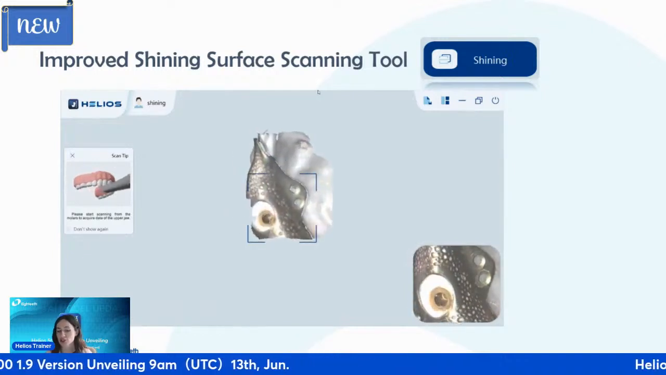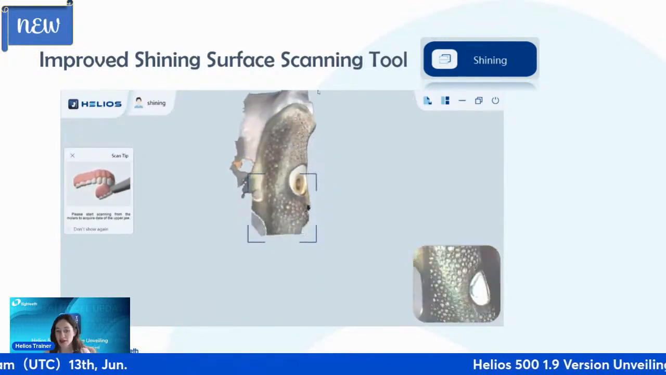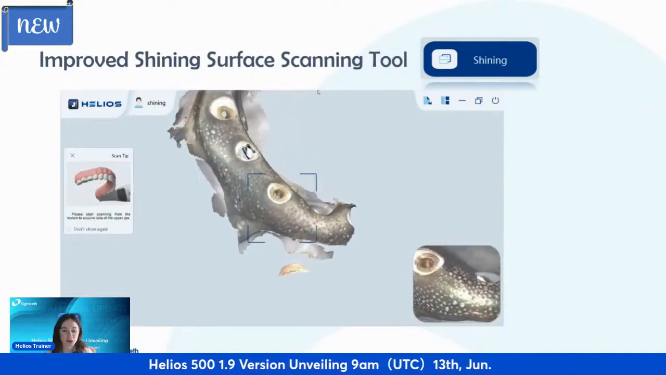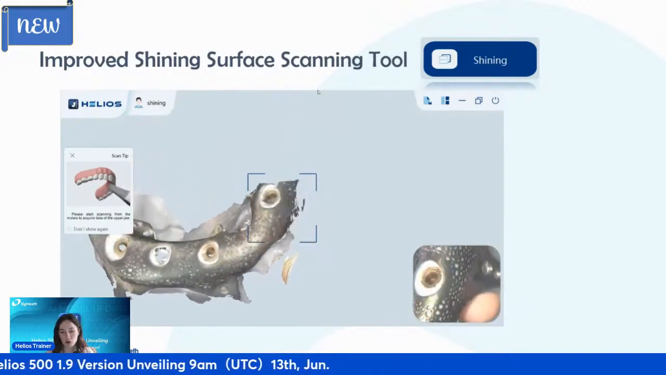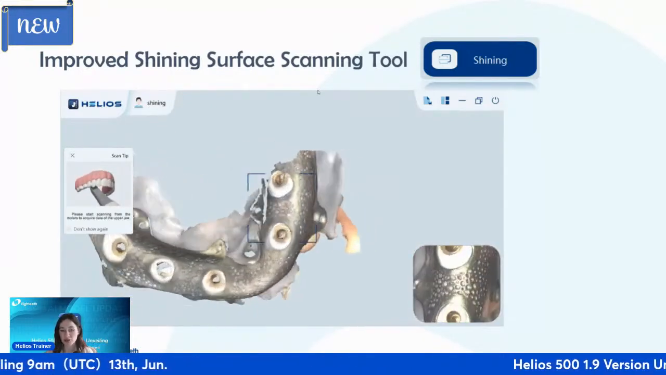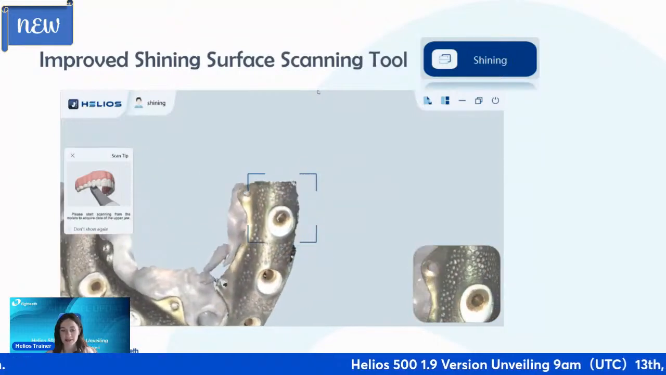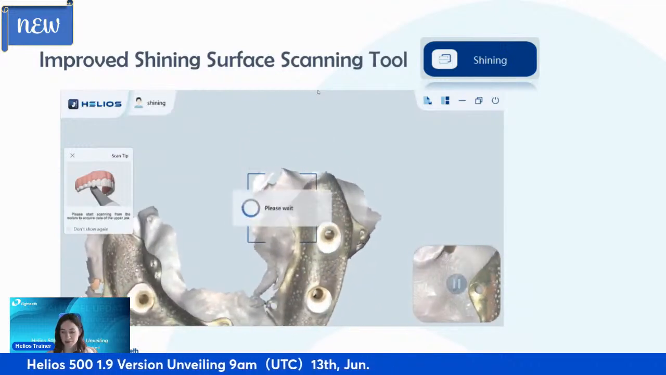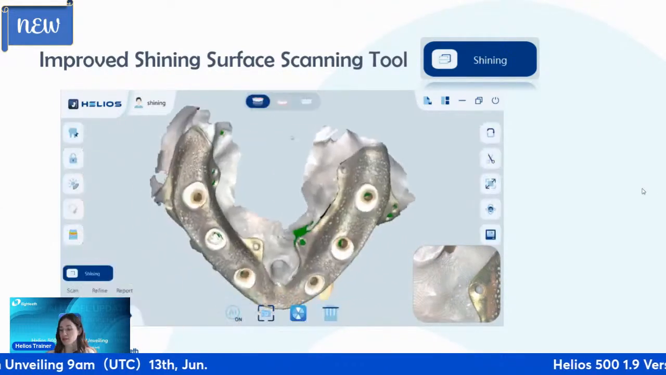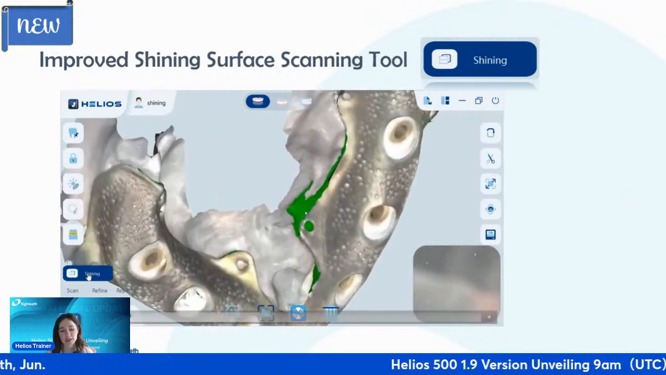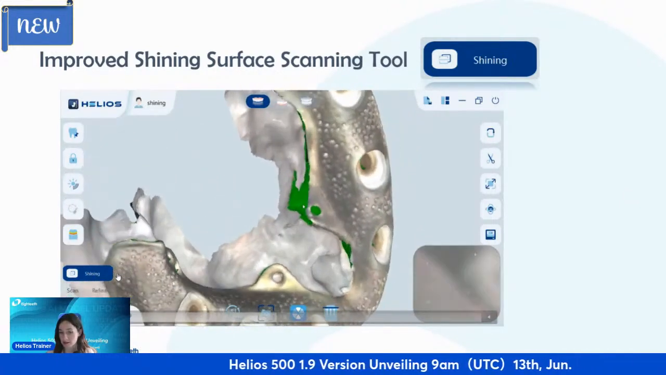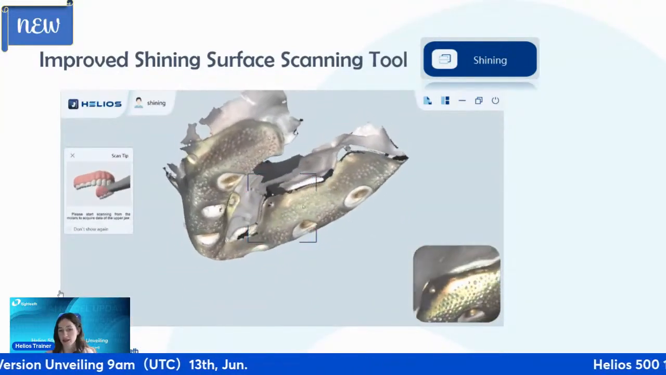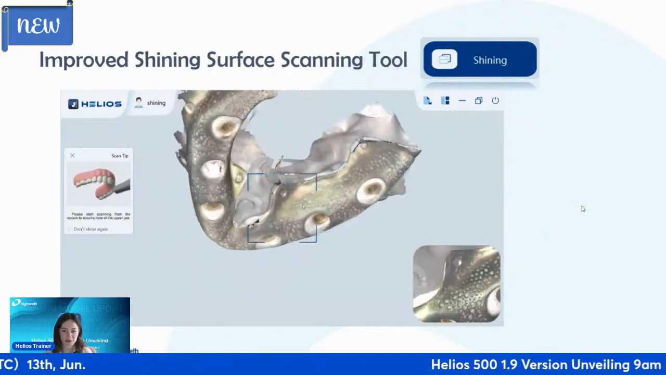When you turn on the shining option, as you can see in the video, it will be detailed and easily captured also for shining surfaces. It will be automatically adjusted, capturing the light within the sensor, allowing you the best scanning experience for shining surfaces. All right, so we improved the shining tool option. If you have a shining surface to scan, please turn it on in the left corner so you can easily capture it. All right,